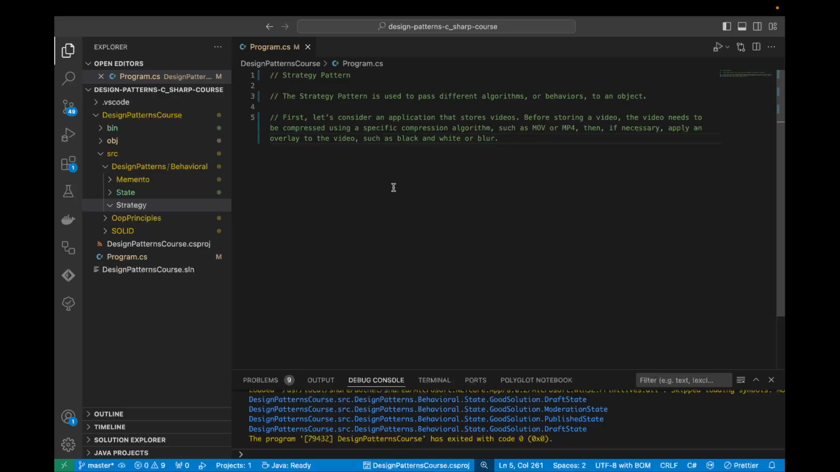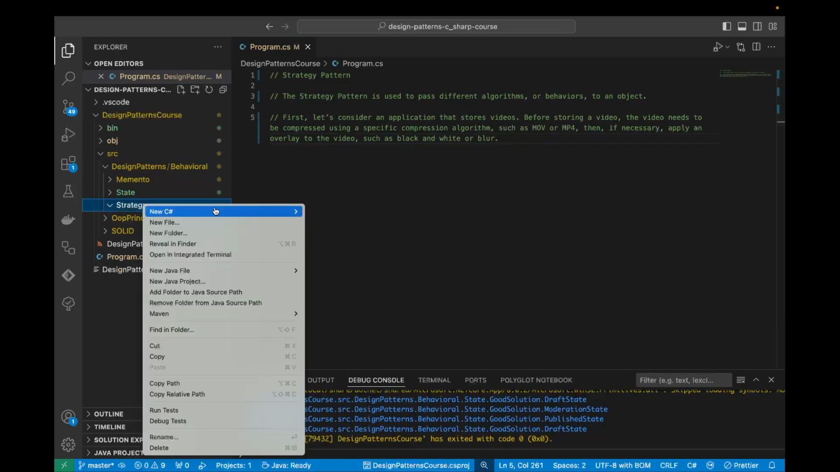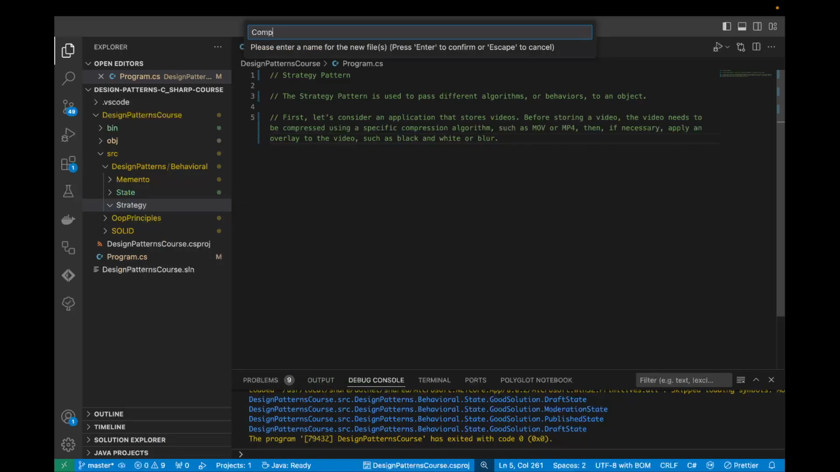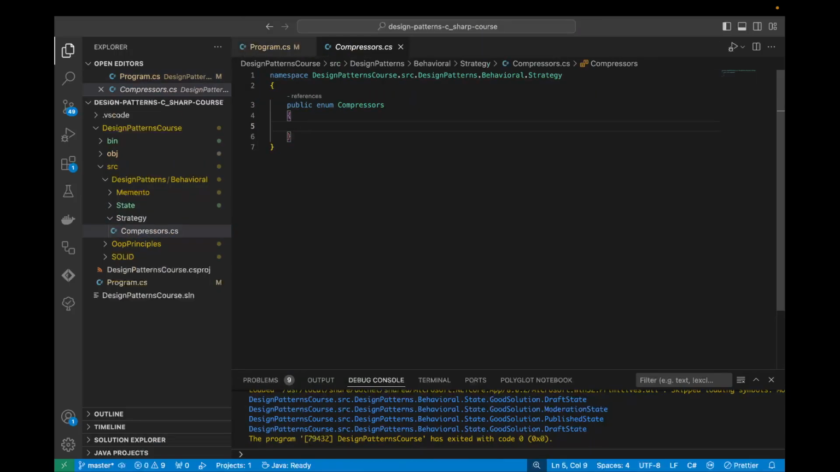So let's create a video storage class to handle this situation. First of all, what we want to do is create some enums for the compressor types that we have, and also for the overlays. So first of all, let's create the compressors, and this is going to be an enum, and we have MOV, MP4, WebM,